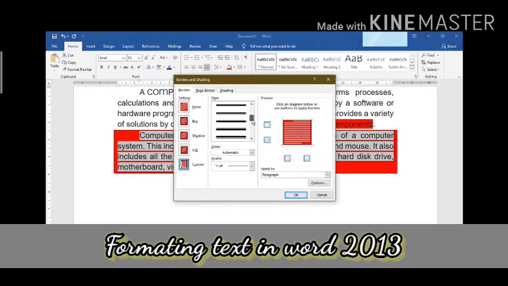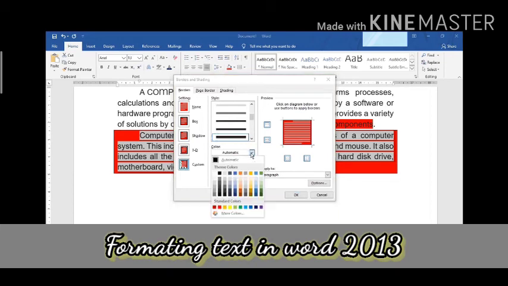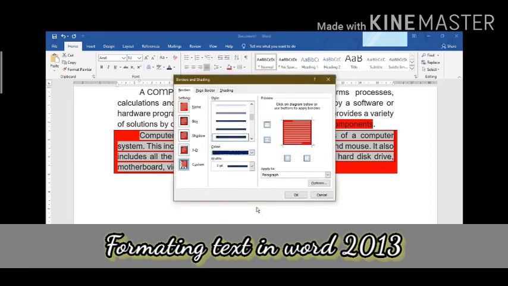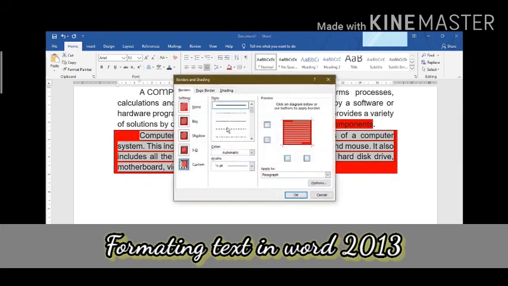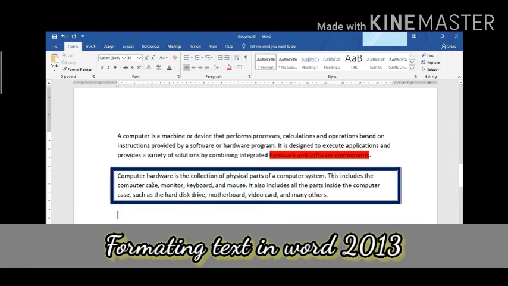See over here, the option is given. There are many border styles also. Color and width of your border is also there, width means how thick it is, and you can always see the preview and then apply it to the whole paragraph. Okay, so in this way you can change it. Different style we are trying. Okay, now changing the color. Okay, just see, we have changed the border style and color, right?